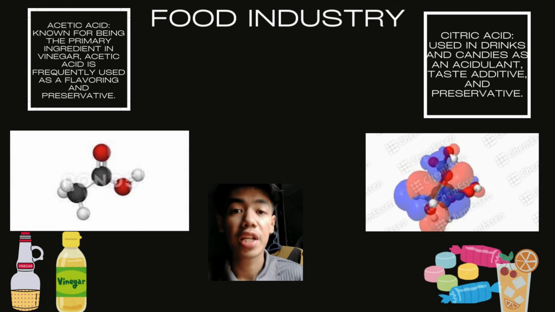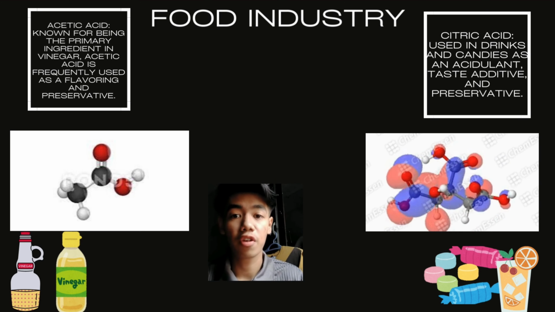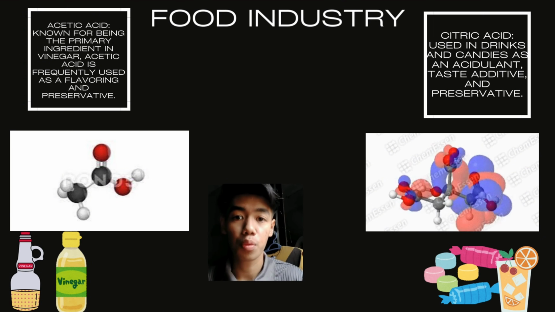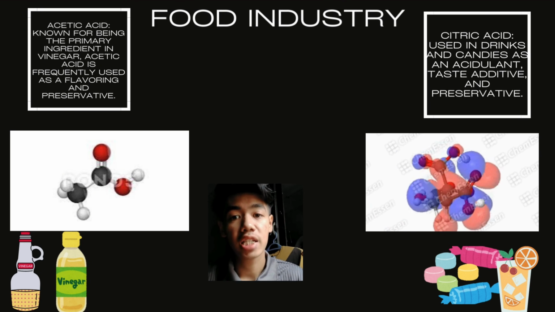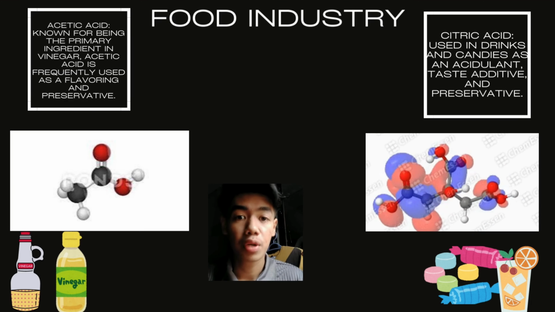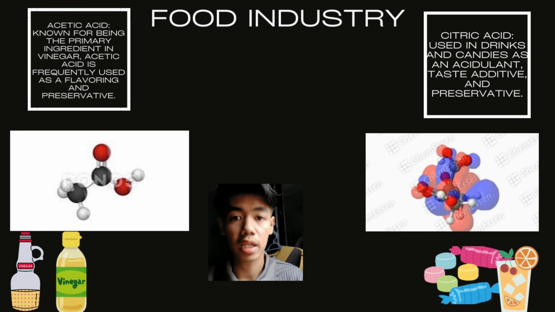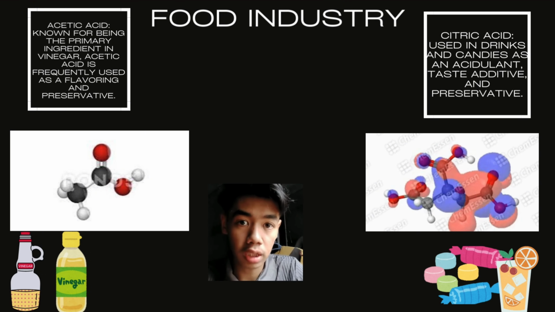The first is the food industry. The first acid that we use in the food industry is acetic acid. Acetic acid is known for being the primary ingredient in vinegar. Acetic acid is frequently used as a flavoring and preservative. The second one is citric acid, used in drinks and candies as an acidulant, taste